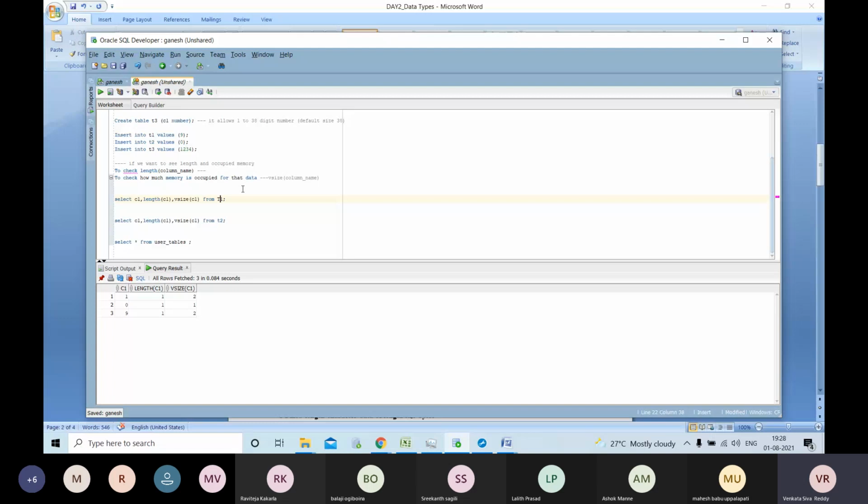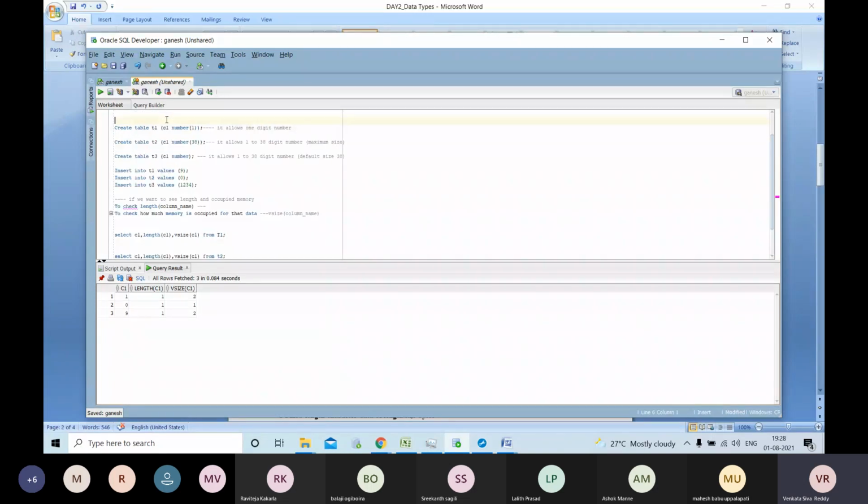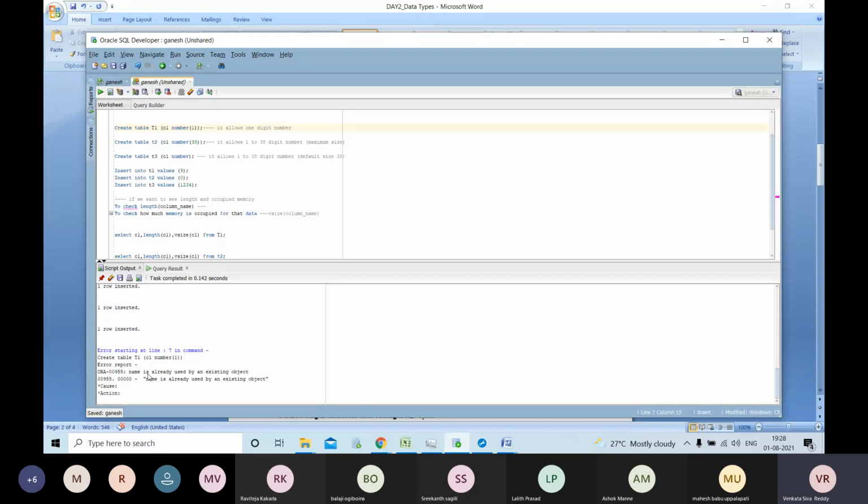Now I am going to create a table T1. Now I am going to create the same table with capital T1. It shows that the name is already used by an existing object.